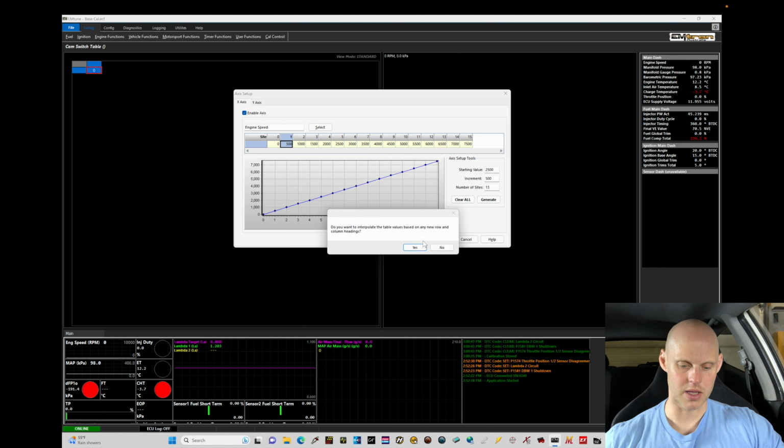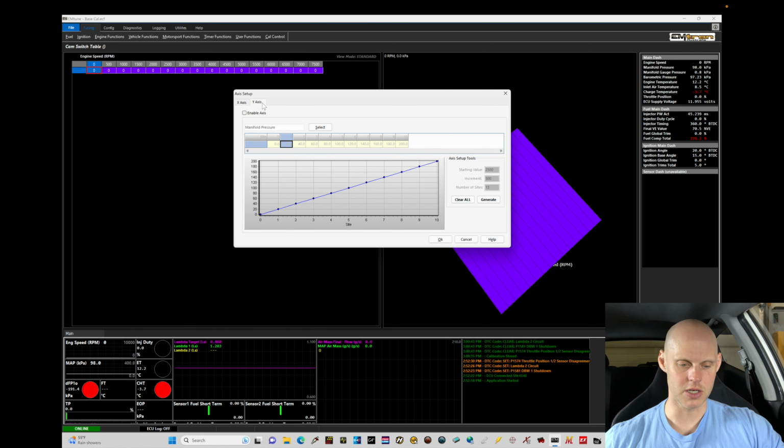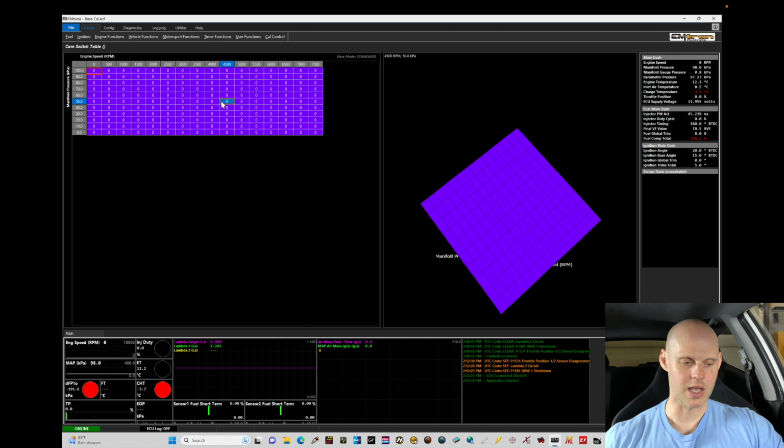Let's just click OK here and click yes. So a value of 0 means we don't want VTEC on. A value of 1 means we want it on. So what we can do here is actually base this on engine speed and base this on manifold pressure. And we'll start our manifold pressure at 0. We'll do 20 kPa increments. And let's make a total of 11 sites. That's a little bit too much here. That should be fine. So now we have a table here based on manifold pressure and then also based on